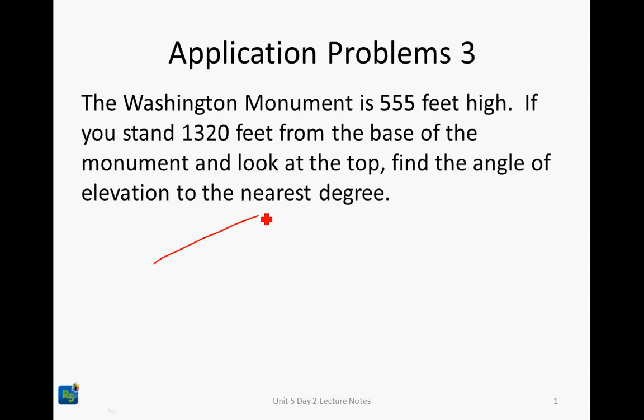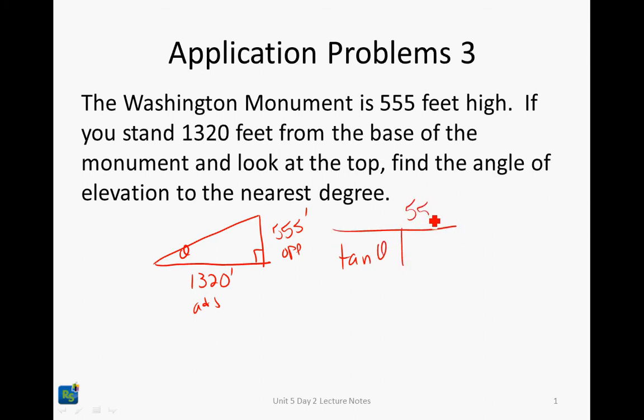Okay, the angle of elevation is what I want to find. So, angle of elevation, that makes a right angle with a horizontal. Now this Washington Monument is 555 feet tall. I am standing 1,320 feet from the base, and again, this is opposite over adjacent. This is a tangent application. 555 feet divided by 1320 feet,